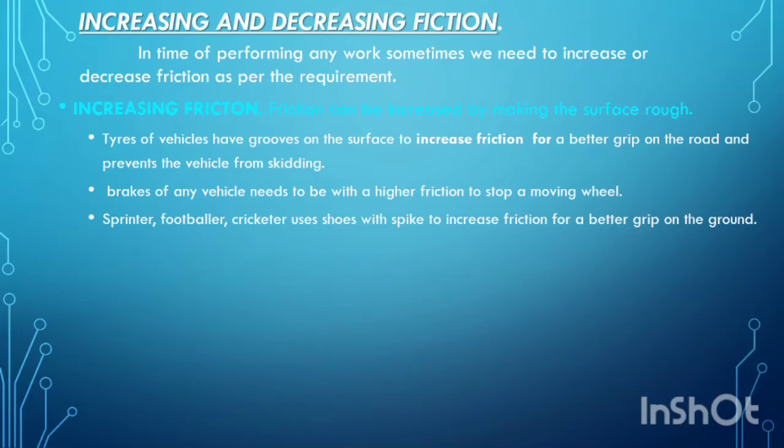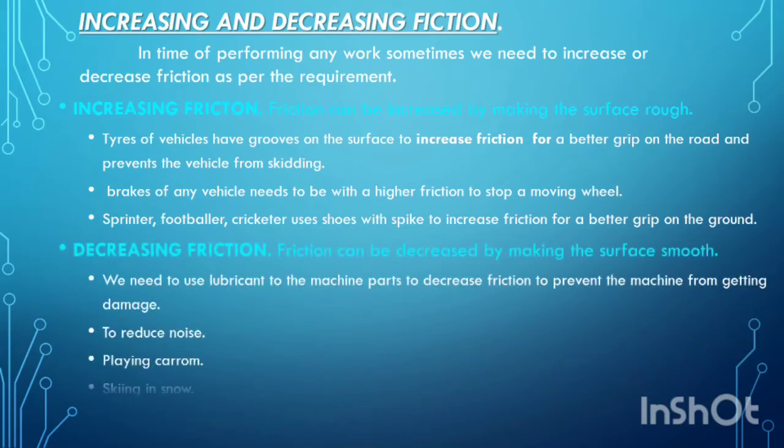Next, brakes. We have already learned about brakes. There we need to increase friction so that the vehicle stops when we desire. Next, sprinters, footballers, cricketers, have you seen their shoes? Their shoes have extra grooves or spikes. What do we call spikes? Yes, those are for increasing friction so that they can make themselves steady on the ground while running or standing,